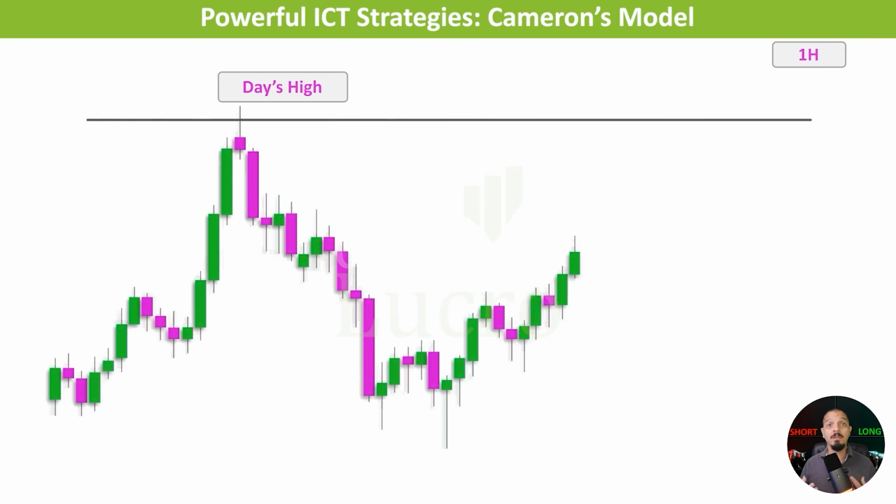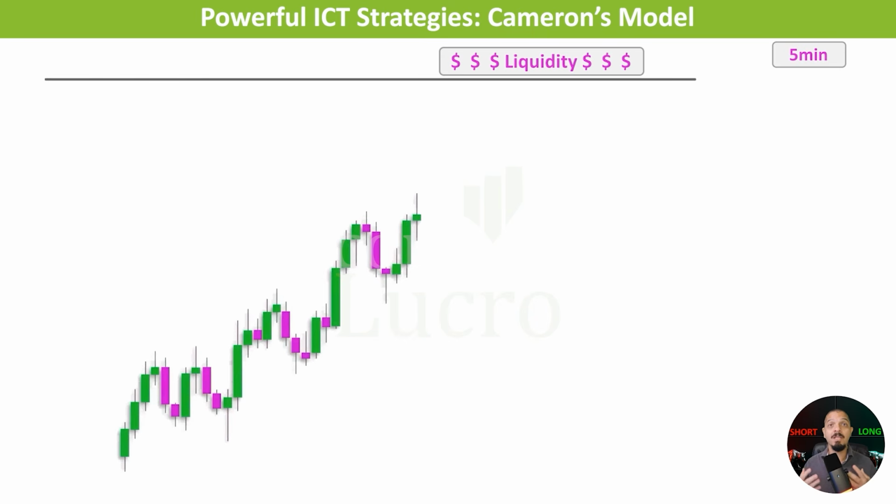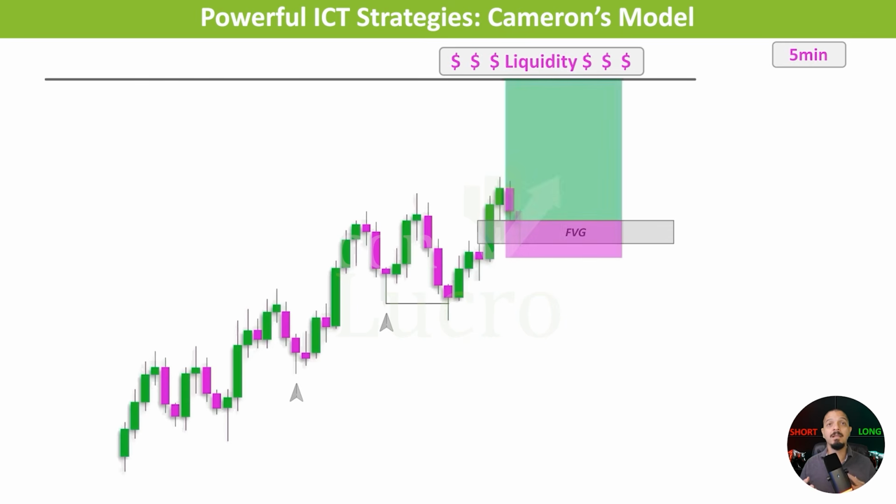5-minute chart. So let's switch to a lower time frame. Keep in mind that the liquidity zone is above us. Now, we're looking for a swing low to be taken out, which is called a stop rate. Finally, we look for fair value gap formations to set a buy limit. If you cannot find any FVGs on the 5-minute chart, you can zoom into the 1-minute or even the 30-second